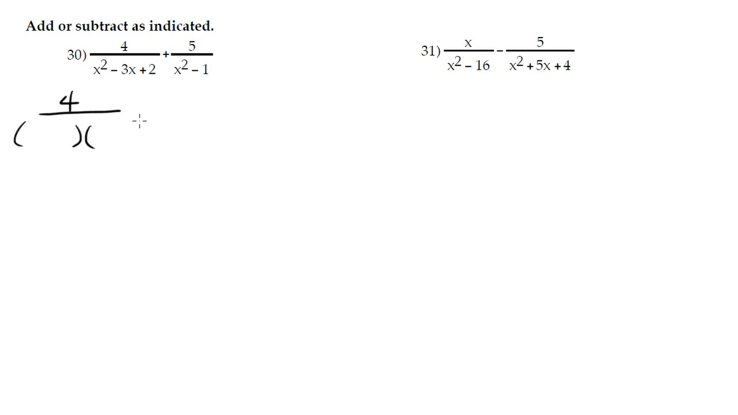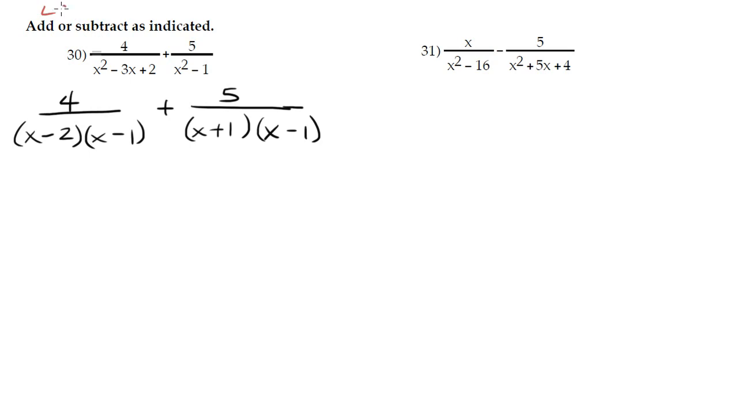X squared minus 3x plus 2. Multiply to 2, add to negative 3: minus 2, minus 1. And x squared minus 1, that's a difference of two squares. X squared minus 1 squared. So x plus 1, x minus 1. Now my LCD, let me write that in a different color